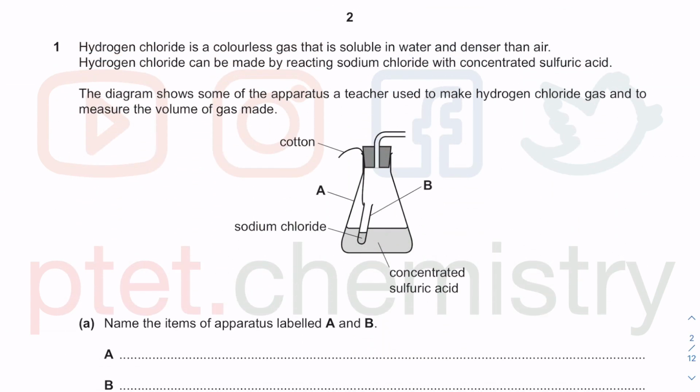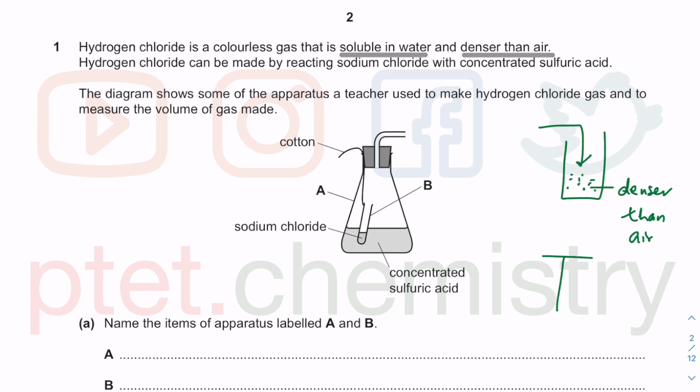In this first question, we have hydrogen chloride, which is a colorless gas. What is very important is this information here: soluble in water and denser than air. If it is soluble in water, then collection over water is not a very good method. If it is denser than air, if you're going to do a collection in a gas jar, the gas jar has to be similar to this, because the gas will be coming in and the gas will be denser than air. So there will be a better method than the other way around,